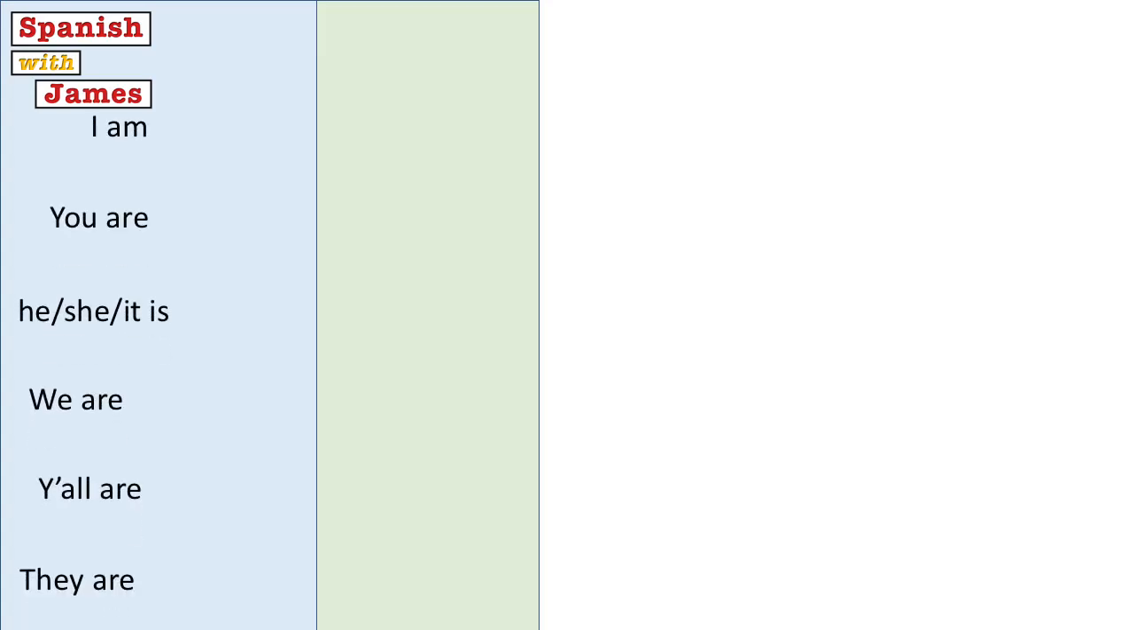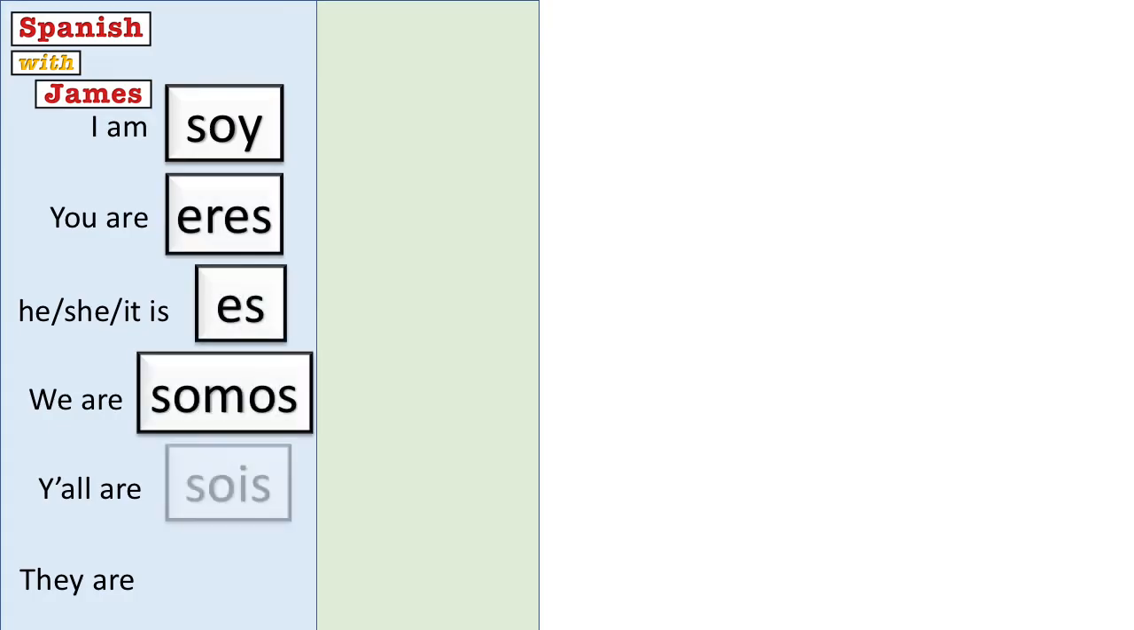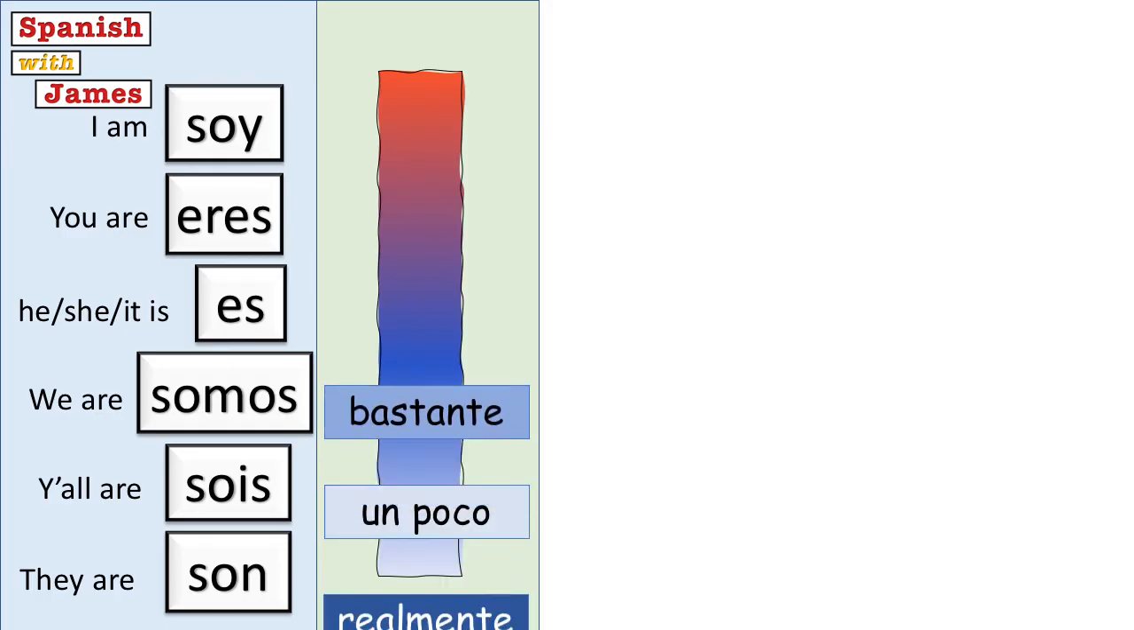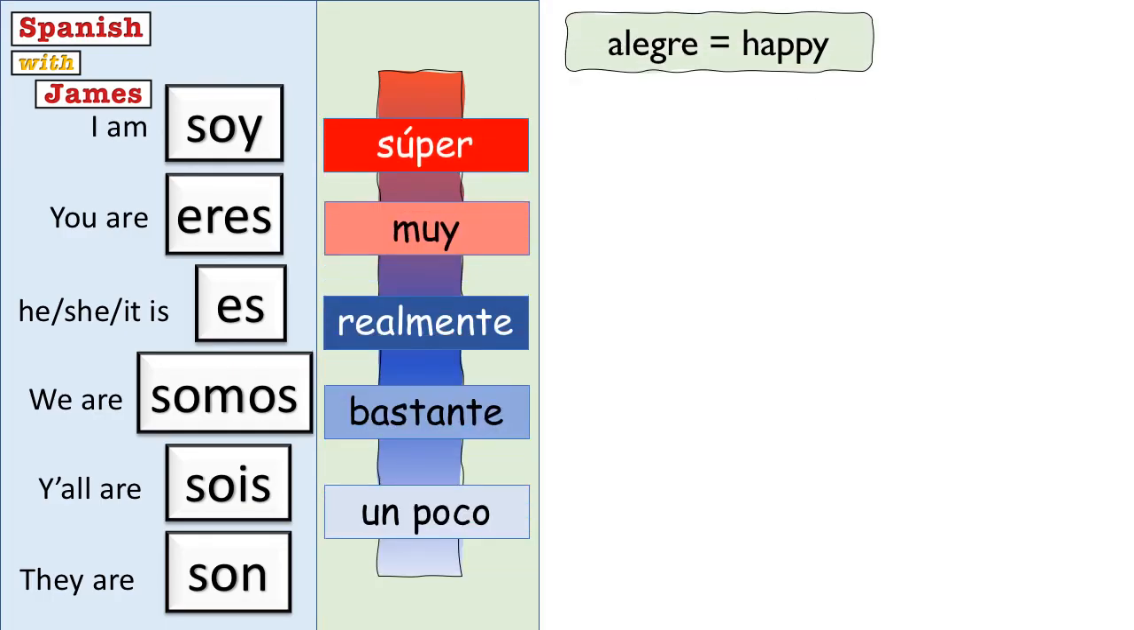So for personality, we're going to use the exact same structure that we just used with physical characteristics, and we're going to use the same verb ser, to be, which is soy, eres, es, somos, sois, son. We're going to use the same quantifying words, un poco, bastante, realmente, muy, and super. But now we're going to use different